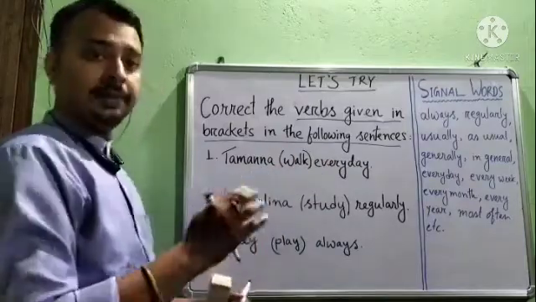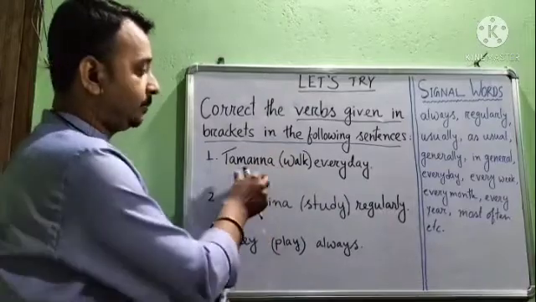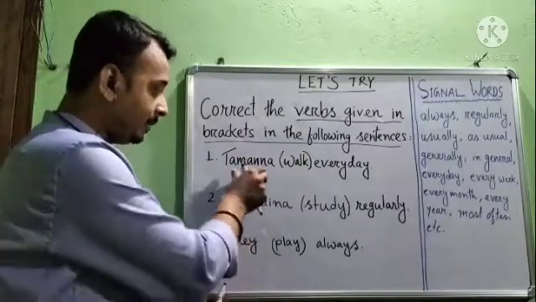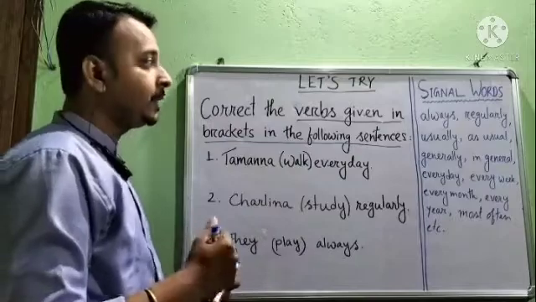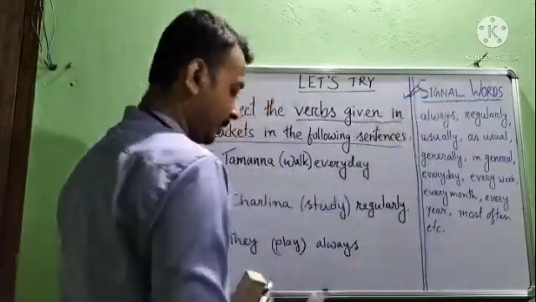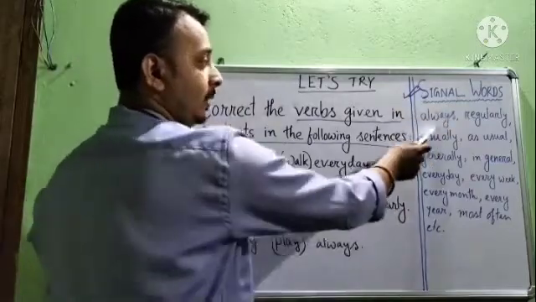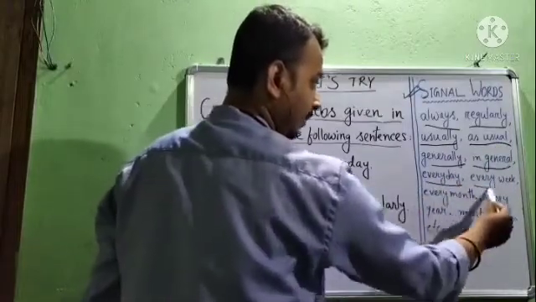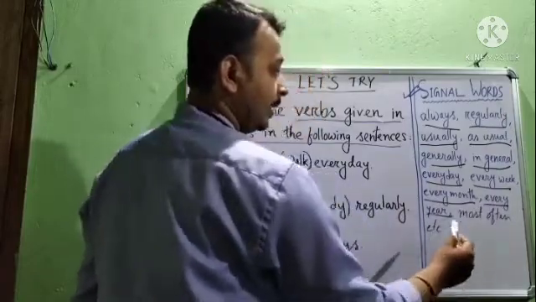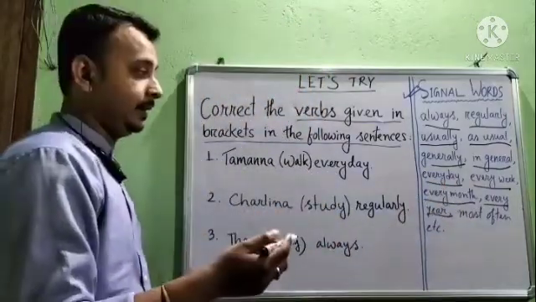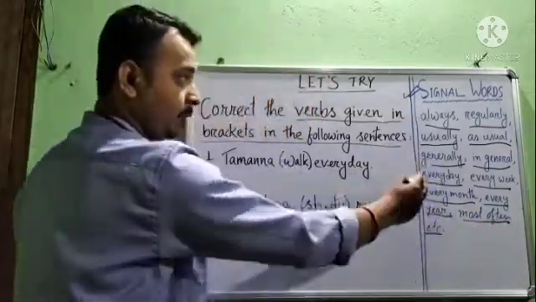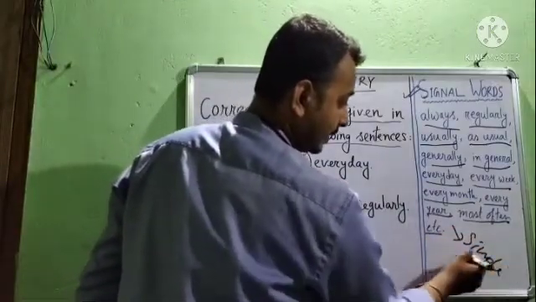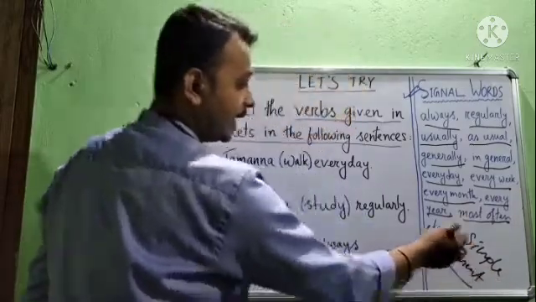But how can you know that there are many tenses? How can you know that this is simple present tense? I have to write this sentence in simple present, or I have to write this sentence in simple past. To identify the tense of the sentence, basically what we do, we give you some signal words here. You see the signal words? These are all signal words. Always, regularly, usually, as usual, generally, in general, every day, every week, every month, every year, every Monday, every Tuesday, every Saturday, or most often, etc. If these words are there in the sentence, then you must know that it is simple present tense. Then we have to write the sentence in the form of